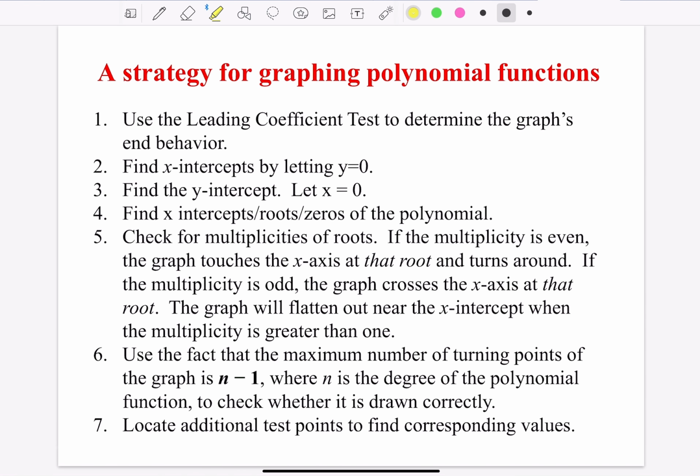Strategy for graphing polynomial functions: use the leading coefficient test to determine end behavior. Find the x-intercept by letting y equal 0. Find the y-intercept by letting x equal 0. Find roots, zeros of polynomials and x-intercepts. Check for multiplicity of roots. If multiplicity is even, your graph will touch at that root and turn around. If multiplicity is odd, the graph is going to cross the x-axis at that point. The graph will flatten out near the x-intercept when the multiplicity is greater than 1. The maximum number of turning points a graph can have is n minus 1 if n is the degree. Locate additional test points and find corresponding values. Let's see some examples of graphing polynomial